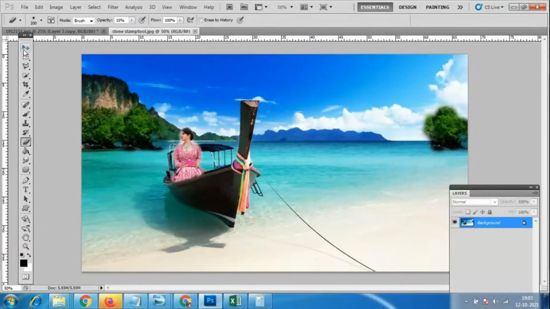We can cut this lady also. So we can cut here. So which tool have I taken? Control D. So I'll just go to this polygonal lasso tool and I will cut. So that file I'm adding. So for this image I can add that file also. So like that, fantasy things we can create here in Photoshop. Okay. So I have taken.